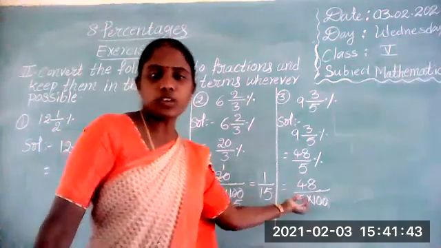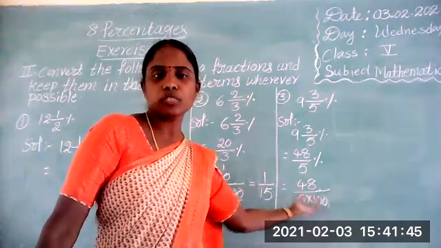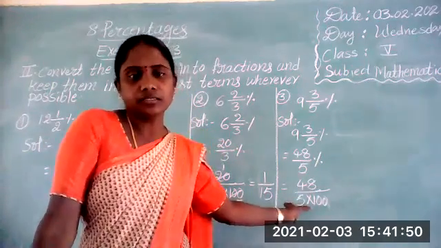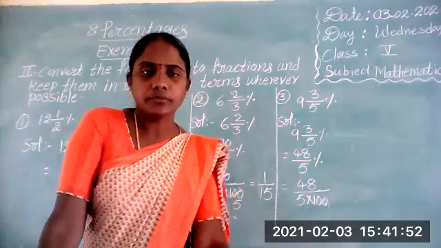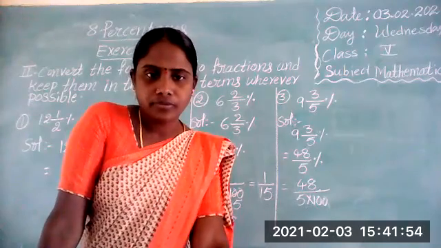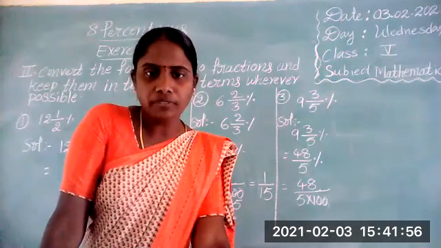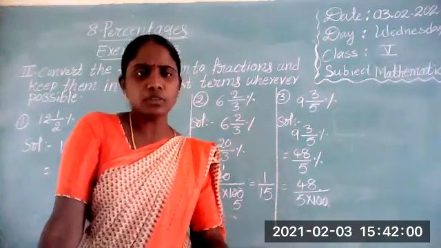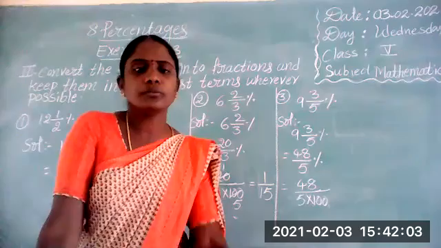Here it is possible first of all. Is it possible or not? Is simplification here possible or not? 48 by 5 into 100. If it is possible, okay, say yes. Or otherwise, no.